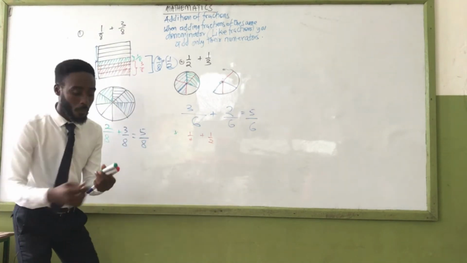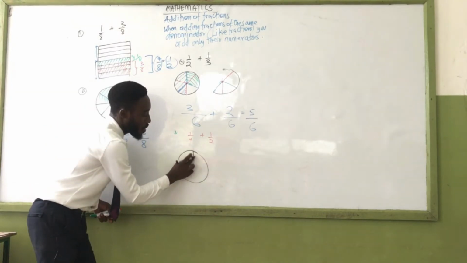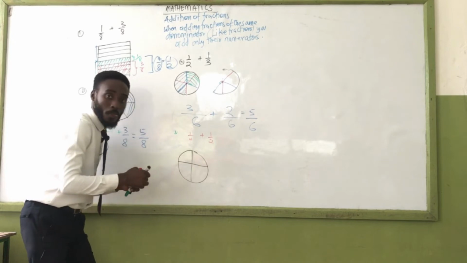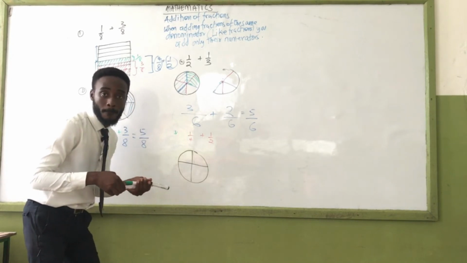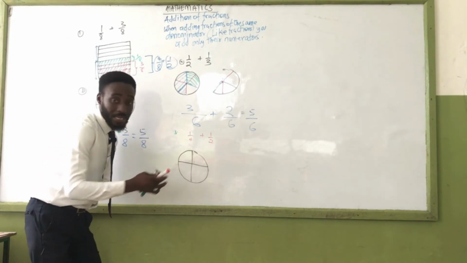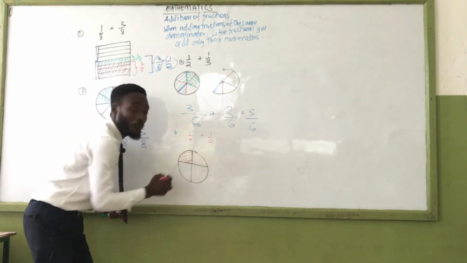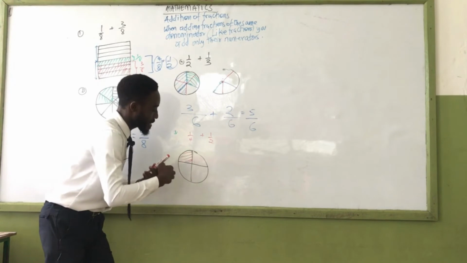So 1 out of 4 plus 1 out of 2. So we have... I'm trying my best to give a good shape. All right, so 1 out of 4 plus